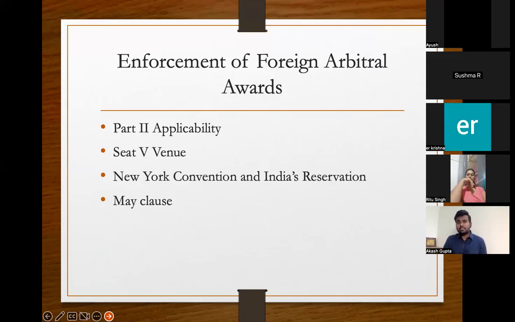The New York Convention is the reason why we have part two, and India has signed up to this reservation, which means unless the countries have a reciprocal arrangement. So let's say Dubai enforces our arbitration awards, only then we enforce their arbitration awards. So India notifies the reciprocal countries. Under CPC, there is a list of reciprocal countries. India only follows the New York Convention with those set of countries. Reciprocal. Why? Because India has signed up to the reservation under Article 1 of the New York Convention.